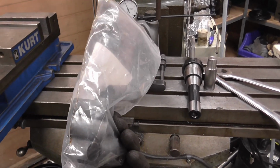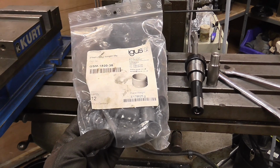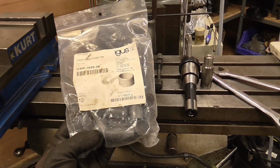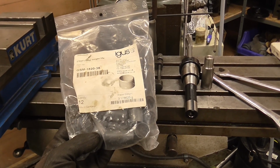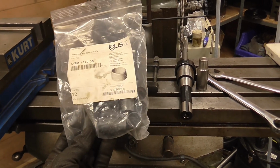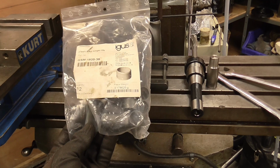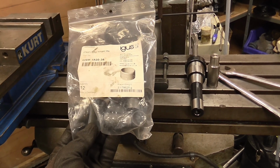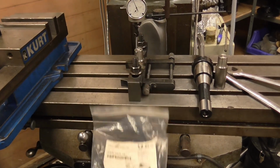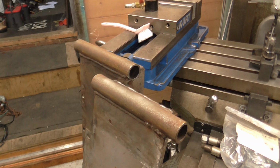These are a lot longer than the originals. I will be combining them with a stainless steel pin. The ideal partnership bearing material that they recommend is a hard anodized aluminium, but they don't stock the shaft in a suitable size to match with these bearings. They stock it in smaller sizes. But they did tell me that these are the kind of bearings that Lotus are currently using for their door hinges. So all I've got to do is open up the tubes in the door beams to 20 millimeters